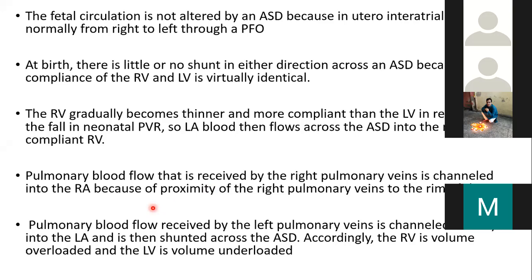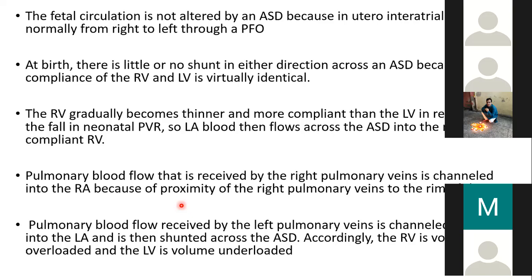The mid-diastolic murmur depends upon how much flow there is across the valve. The more compliant the ventricle, the more the flow. So RV compliance is always better, isn't it? RV is thin walled. It always has better compliance. So ASD shunt actually depends on only two factors: either the absolute size of the ASD or the compliance of the right ventricle. If the ASD size is very small, the shunt is going to be less. If the ASD is very big, the shunt is going to be more. If RV compliance is good, that means the RV can accommodate more.